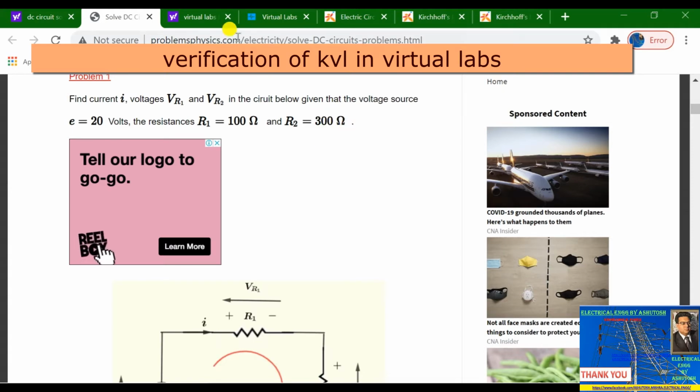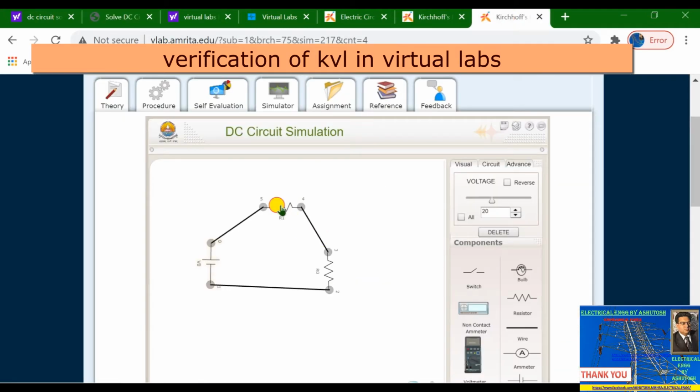R1 is 100 and R2 is 300. So R1 is 100, then it becomes 100 ohms, and here write 300, then it becomes 300 ohm resistance. This is 100, this is 300, and this is 20 volt.